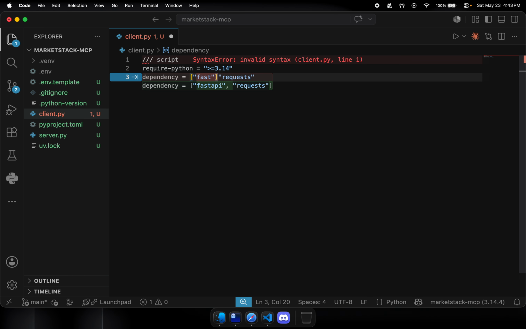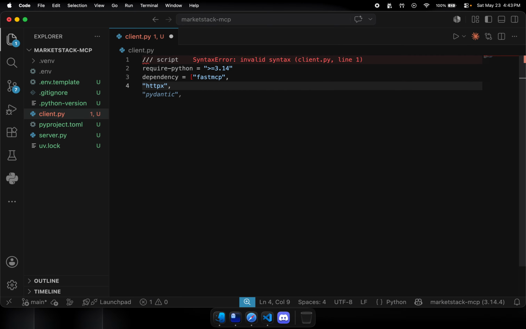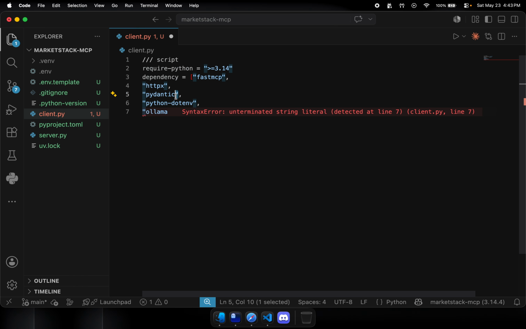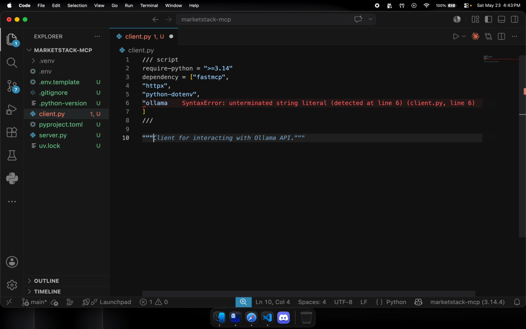Fast. Almost. You don't need Pydantic though. All right. So this is